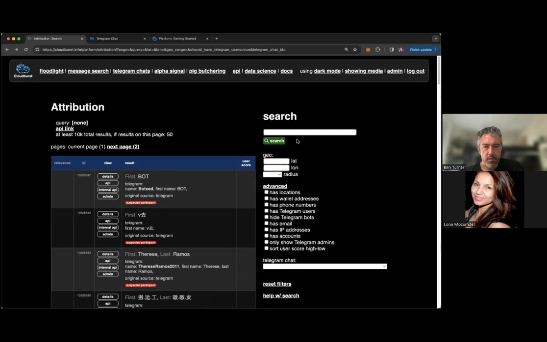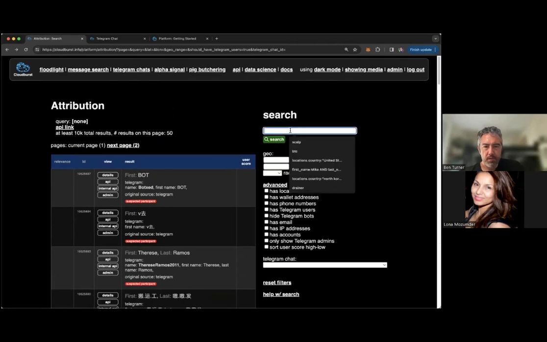But you can also do partial wallet address searches. If you have a photo of someone's screen and there's only part of the address on there, you can do a search for that. You can do search by domains.